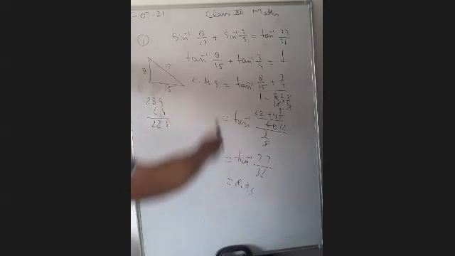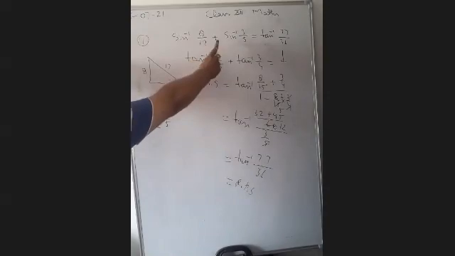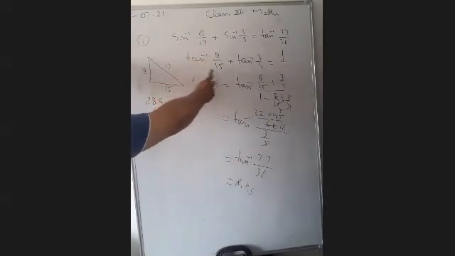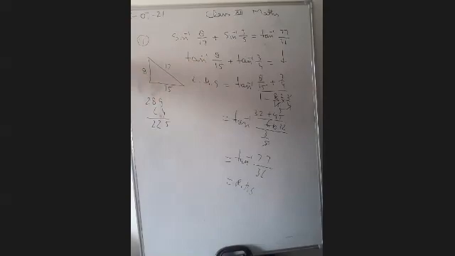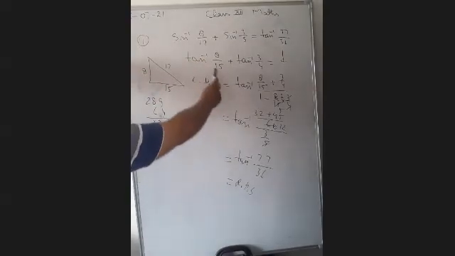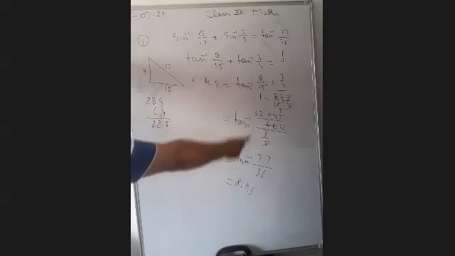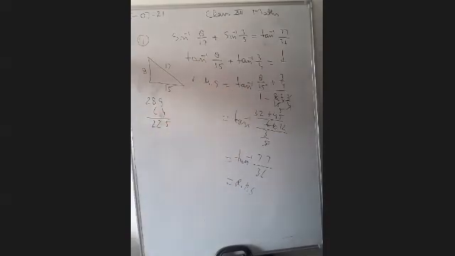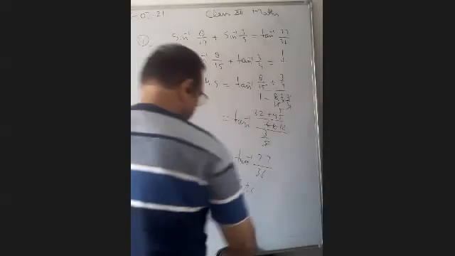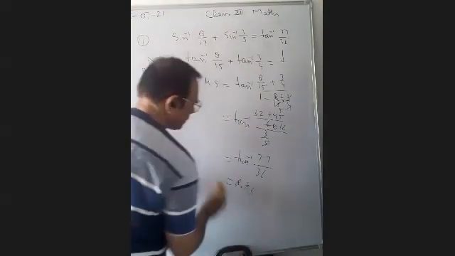First of all, we converted both the terms sin inverse into tan inverse by using the Pythagoras theorem and the trigonometric ratios. After converting, we applied the formula tan inverse x plus tan inverse y, and we got the right answer. Okay, now I am going to solve the next question without converting to tan inverse. How will we do that? Let's see.